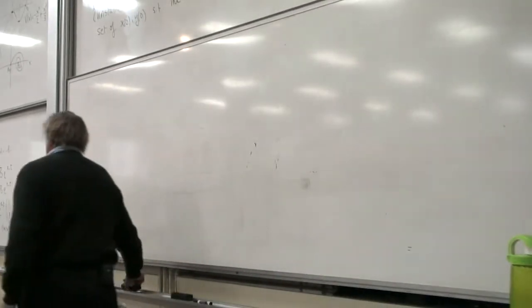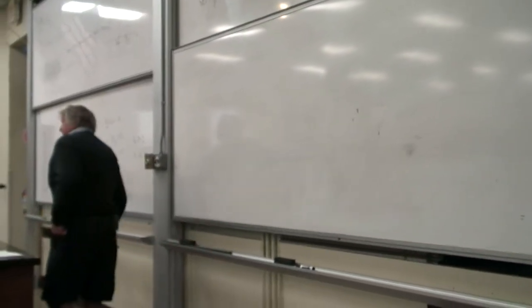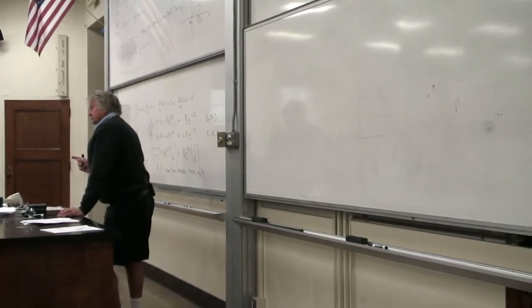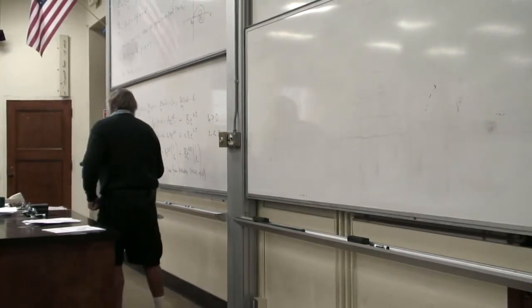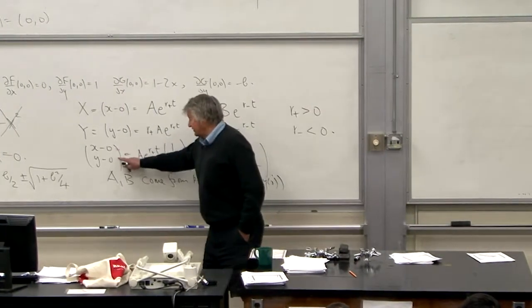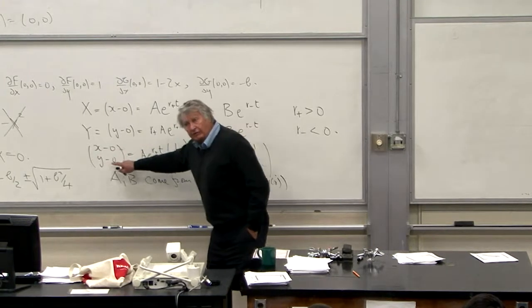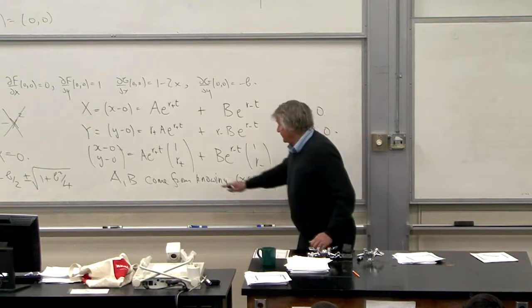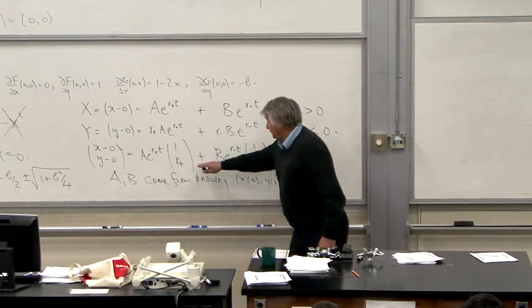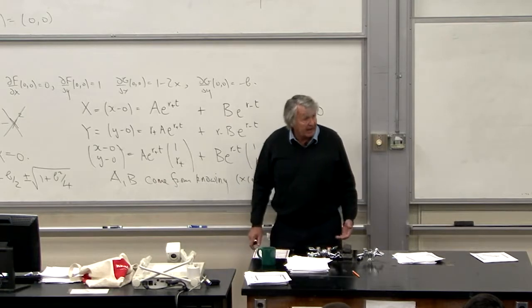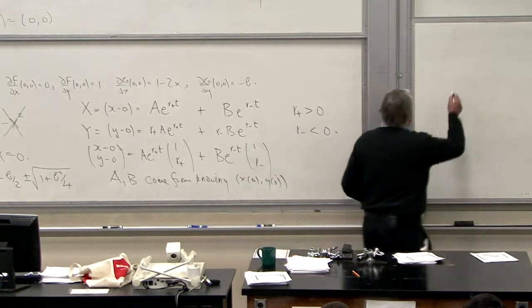So, the set of initial conditions x naught and y naught which lead to a solution where x returns to 0, y returns to 0 as t goes to plus infinity, what has to happen here? This is positive. So as t goes to plus infinity, what does this do? So, yes, the A has to be 0. So the stable manifold,